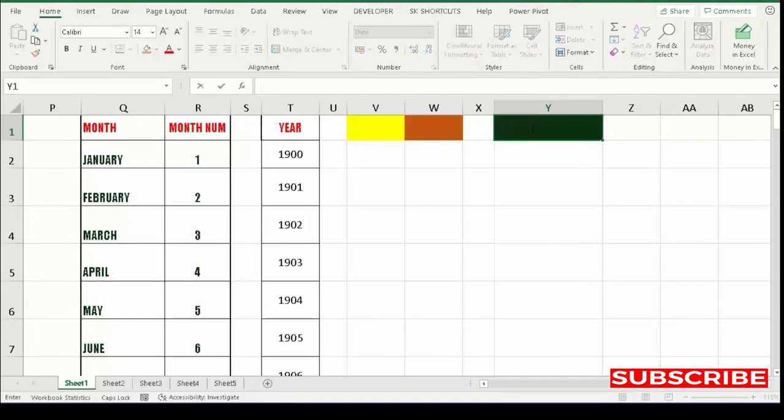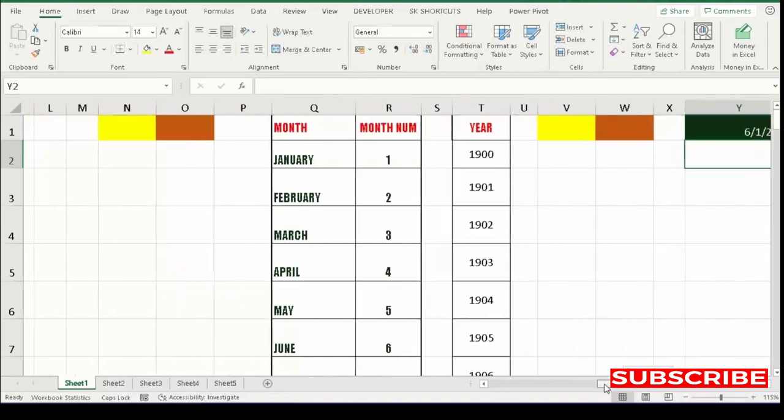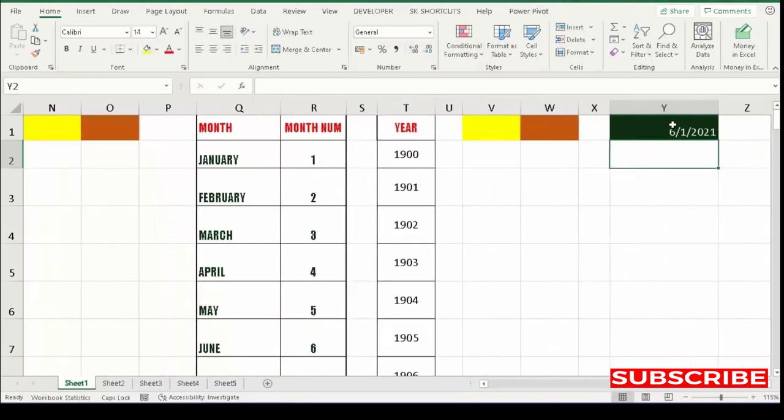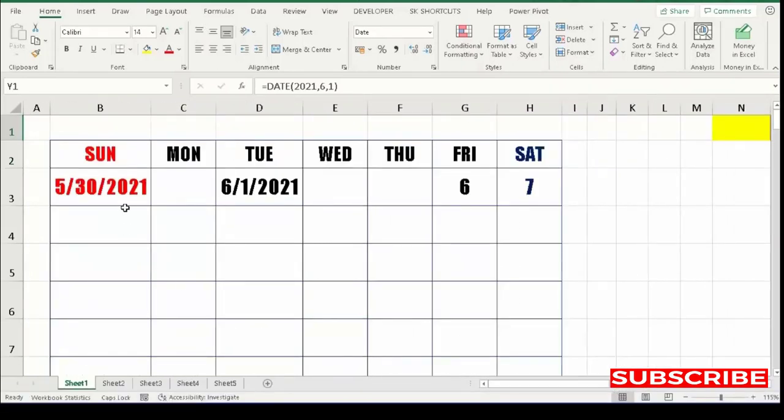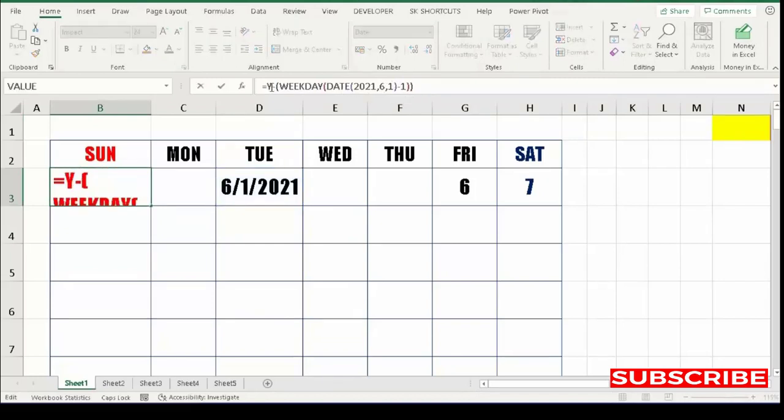So let me start with the equal sign. We have DATE(2021, 6, 1), then we close the bracket. So the 6th, that is the first day of the month, is given in cell Y1. That is the cell we shall use to get the date in this cell B3. Therefore, instead of D3, we shall just put, for example, the cell Y1,